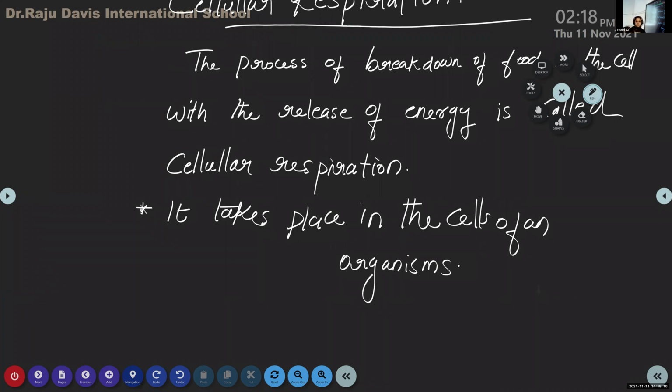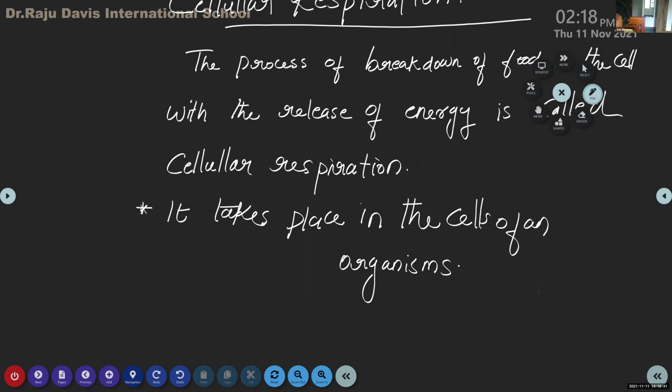So here we are introducing the new term respiration. We have a misconception that respiration and breathing are the same, but they are not the same, because breathing is a physical process of exchanging gases. Okay, the process of taking in oxygen and releasing carbon dioxide. This process of exchanging gases is known as breathing.